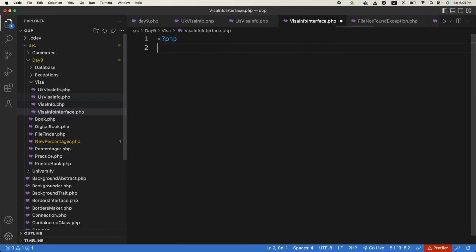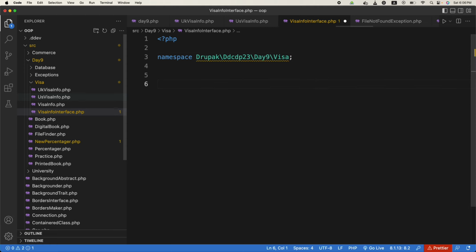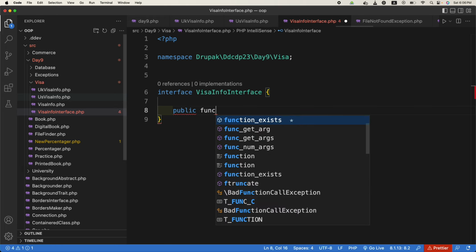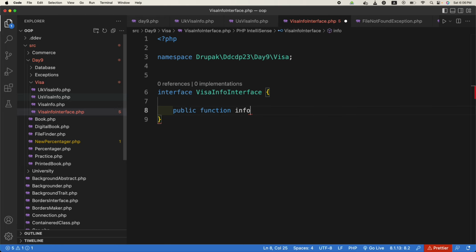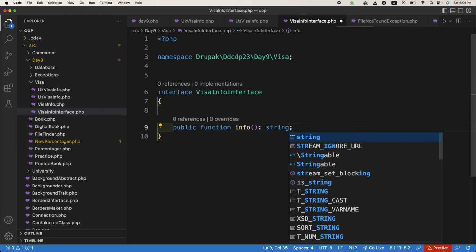and it is namespaced exactly like the classes, so it should be Drupal DDCDP23 and day 9 and then visa. So interface, and it should have a method called public function info. Good, and that's it. And we can have returns as well. For example, it should be returning a string, something like this. Okay,